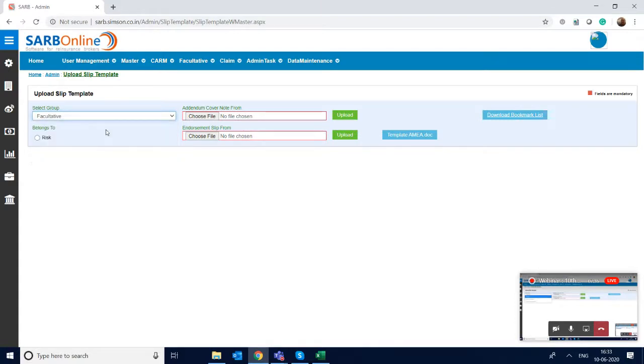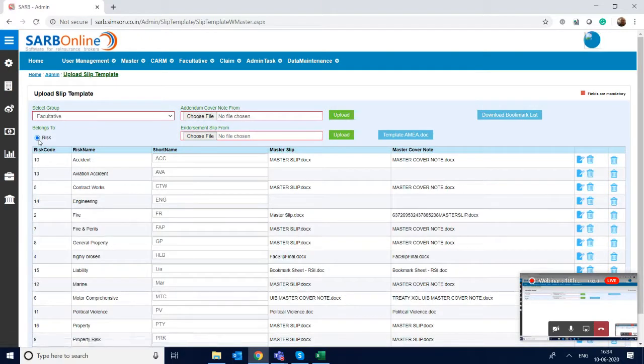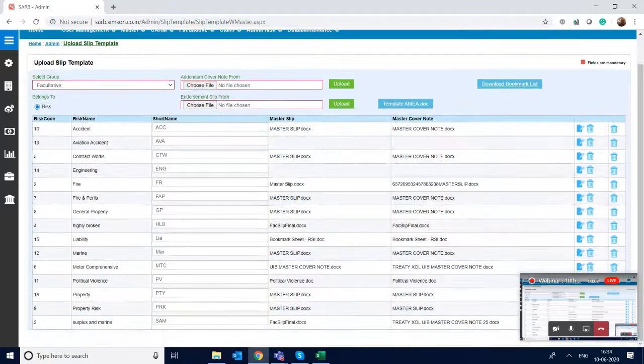You can decide this at admin level with the help of my support team, like how you want the slip template, class wise, which is what we say risk, or subclass wise, subclass of risk. It is common practice that we keep a slip as per class of risk. I'm also selecting that, but it can be as detailed as subclass of risk.